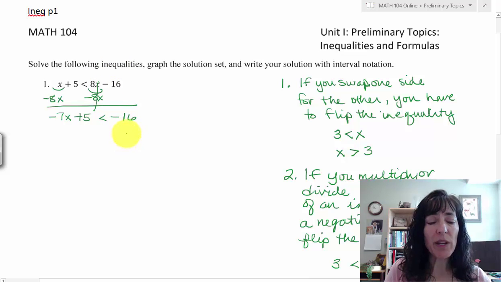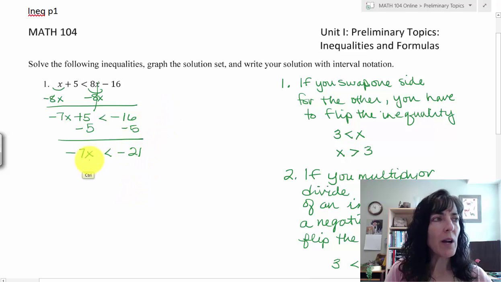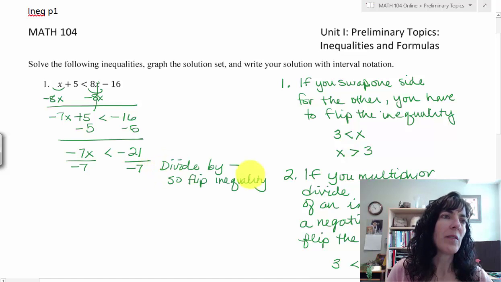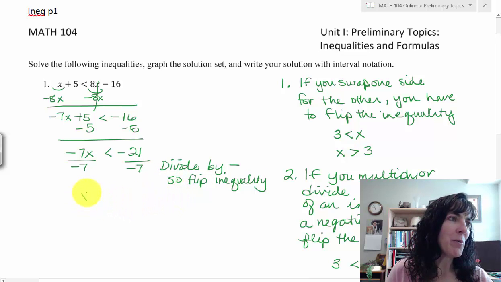Now I want that x by itself, but I have this plus 5 hanging around, so I want to subtract it from both sides. And I have negative 7x now is less than negative 16 minus 5, which is going to give me negative 21. Now I need to divide both sides by that negative 7, so I can get that x by itself. Remember, I am dividing by a negative, so I do have to flip the inequality over. So I'm going to rewrite that as x is greater than negative 21 divided by negative 7, which is a positive